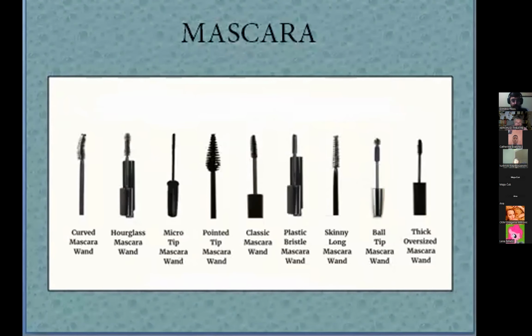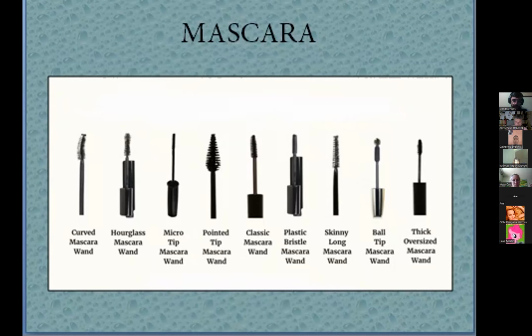Okay. The curved mascara wand gives a curved lash effect. The C-shaped form brush grips and lifts the lashes from the inner to the outer corner of the eyes. For a curl that lasts, the use of an eyelash curler is first advised, the tool we saw before on the slide with the tools. The hourglass mascara wand is designed to follow the shape of the eye